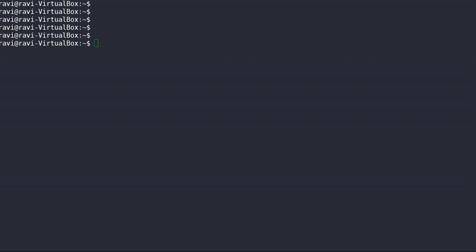Suppose I have a function in the parent shell. Now I am in the parent shell. Here I define a function, myfunc, and I write echo "I am a parent function". Let me do it like this.